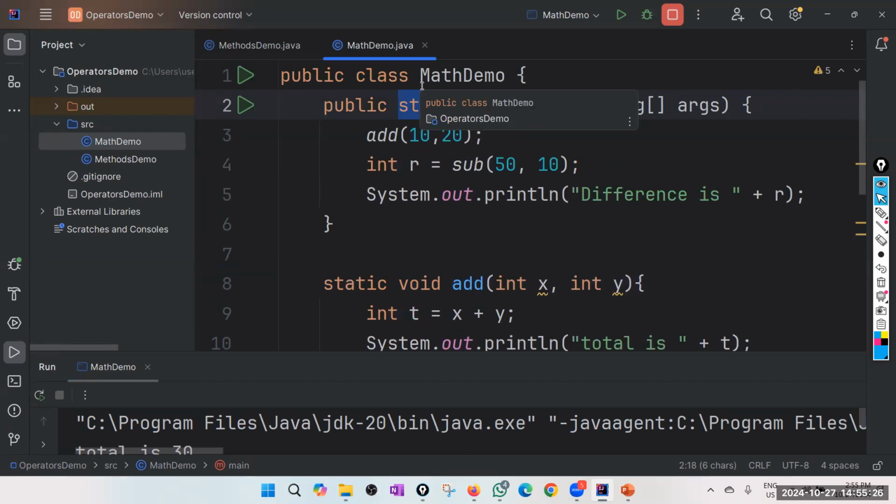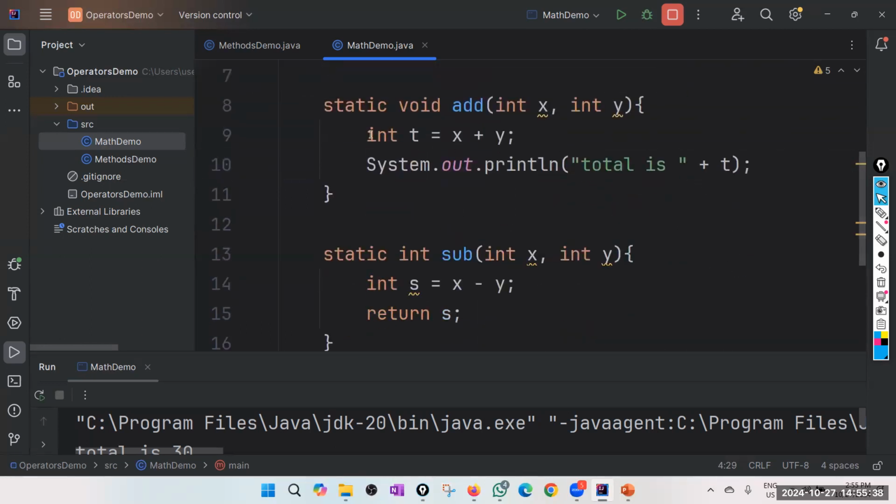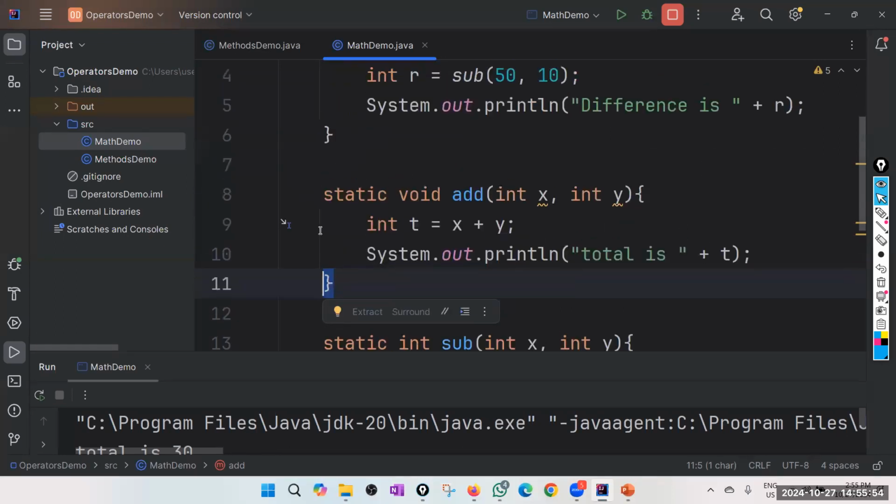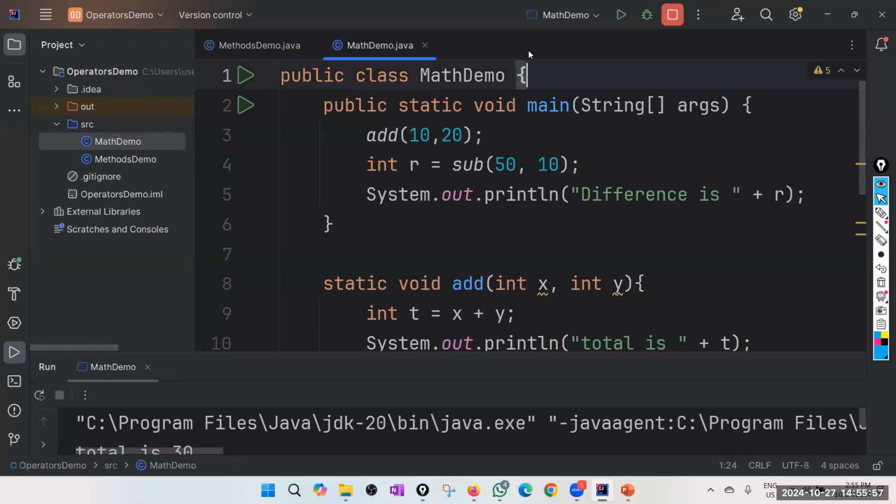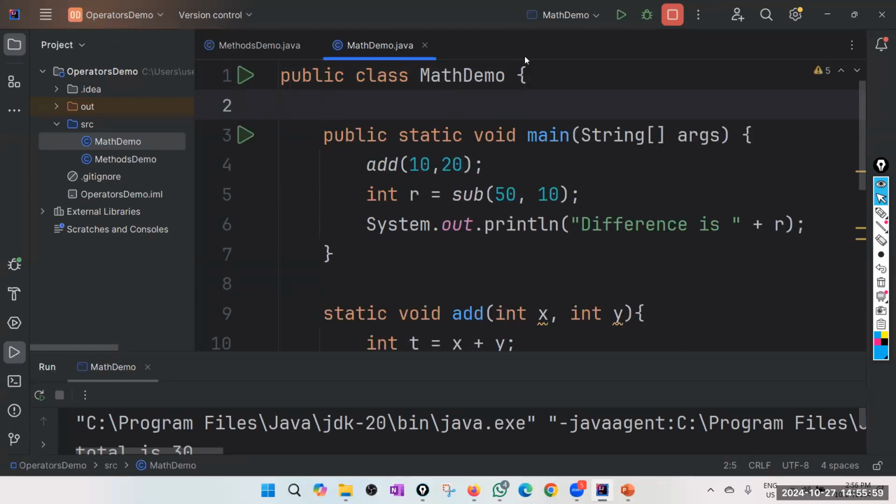Right. So now I want to explain what is meant by local variable and what is meant by global variables. Actually, we have already used local variables. Local variables means variables declared inside a method, and those variables are only available from this line onwards till the end of the method. But if you declare a variable outside a method, like inside the class somewhere here, we call them global